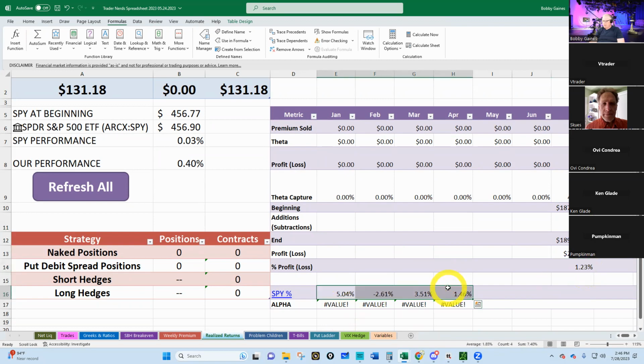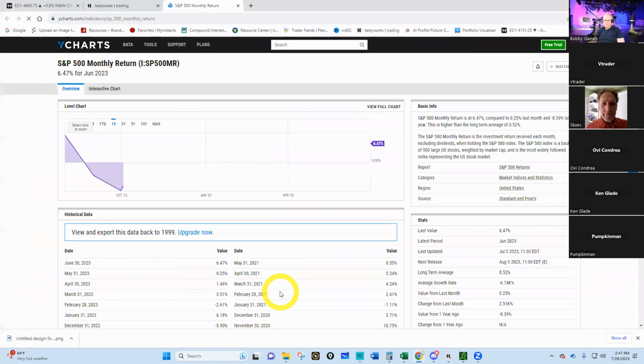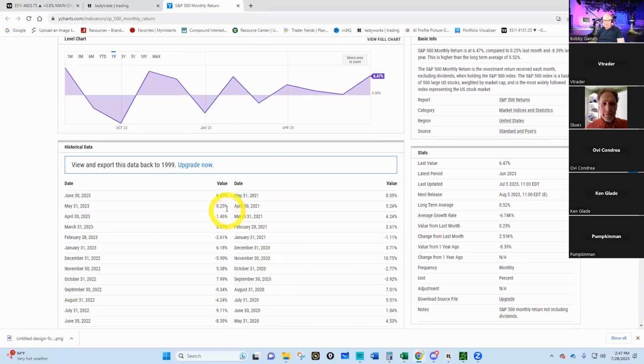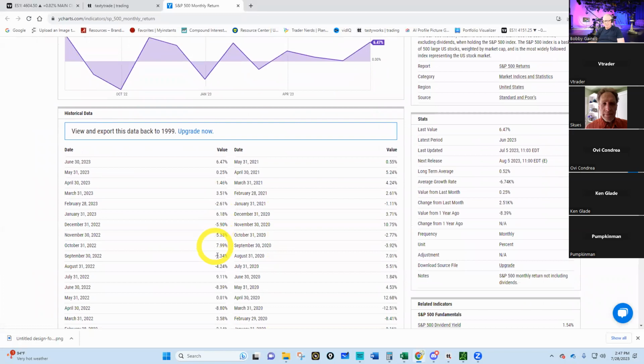And then a couple of days after the month closes, you hit on this little link. It's a hyperlink. You hit on SPY percentage, and it opens a web page. This web page shows you the monthly return of SPY for each and every month, which is very, very cool. You can look and go, January is up 6.18%. In February 2023 it was down 6.1%. And you can put in what SPY did compared to you so that you will know if you have alpha or not.